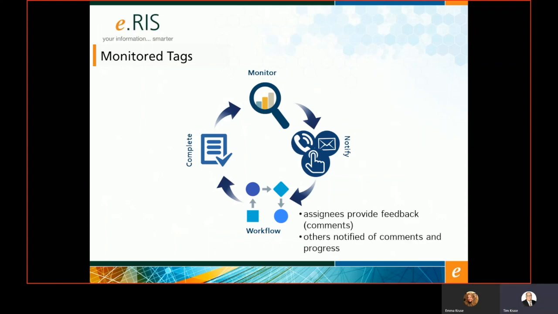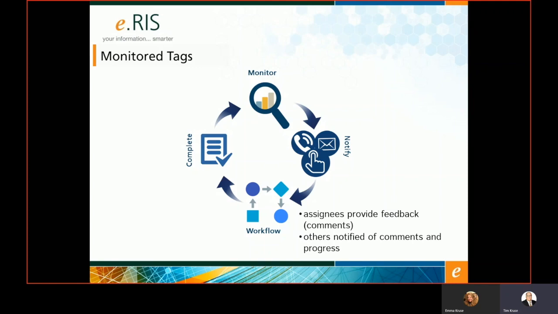Those work tasks are associated with workflows, and assignees who have been given work tasks then do that work and provide feedback within Eris to tell what they have done, either through comments and or closing of work assigned tasks. And the notification process continues through this entire workflow. So not only are individuals notified at the beginning of the event, but they can be notified throughout it. So as people open tasks and start tasks, and people close tasks, or people make comments, all of that can